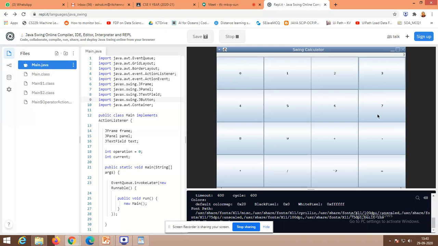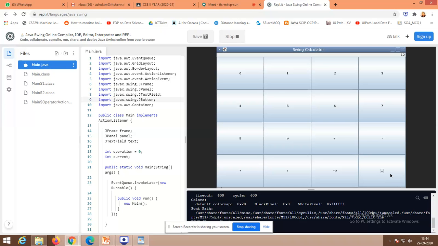Likewise, if I'm going to press 7, that 7 has to be displayed in the text field. Now 7 plus 3. If I am going to press equal to, addition of 3 and 7, the variables stored in current and number will be evaluated against this operation.